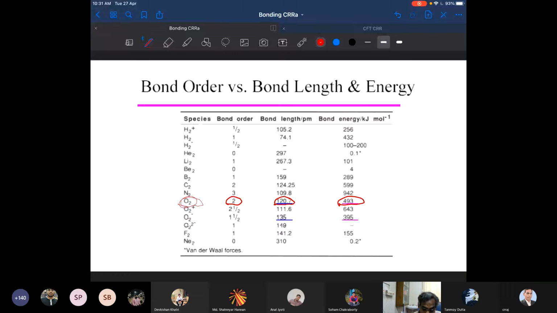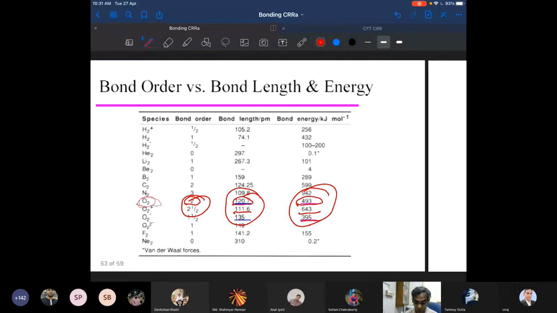Now, what you do is a very simple example. What I do is I convert into O2 plus or O2 minus or O2 2 minus. What is happening, you will be able to understand here, your bond length and then bond energy, and accordingly here it changes. So, whether you know the actual value of your bond energy or bond length, it does not matter. If you know the bond order and the bond length of oxygen, you will be able to predict the other molecules, other oxygen species, say for example O2 plus or O2 2 minus or O2 minus, simply from the MO diagram, right? I hope you got it.